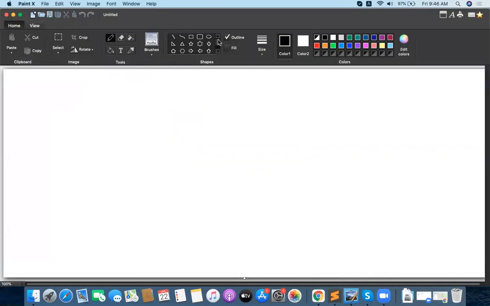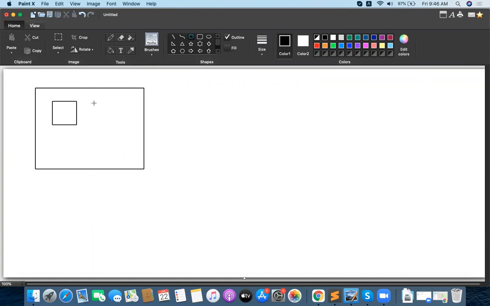What is the first case? The first case is very simple. Image file and HTML file, both are in the same folder, right? This is the image file, suppose, and this is the HTML file. Both are in the same folder. This is the root folder for me.